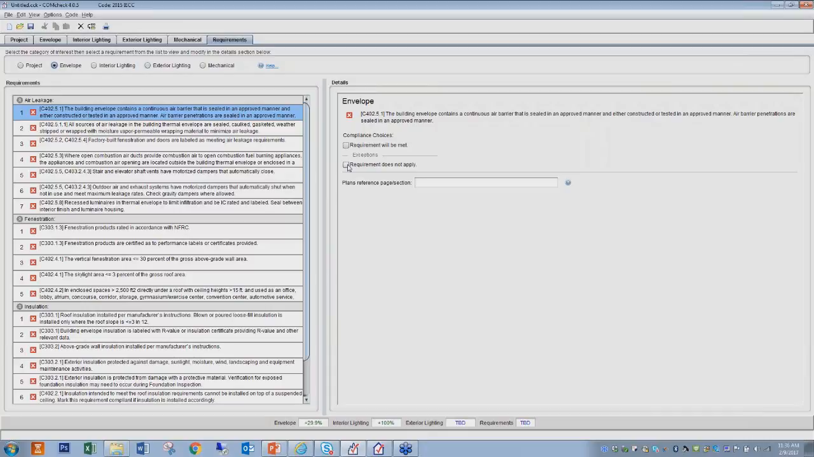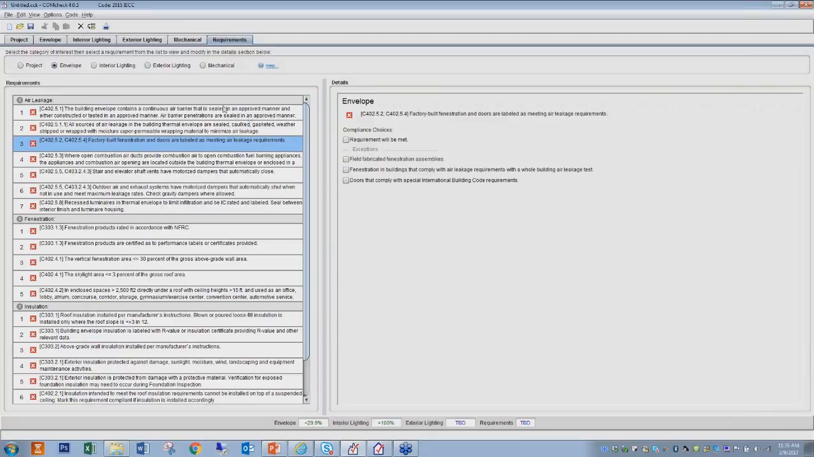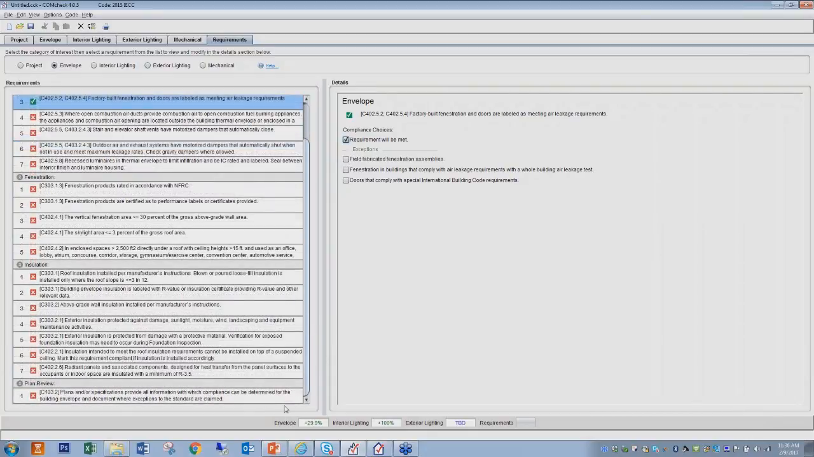Well, I don't know if it would not apply, but there could be some reason why it wouldn't apply, but we won't go into that. So then, go through each one of these, click whether it's going to be met, whether you have some exception. Each one of those should be gone through before you create that compliance report. And it'll actually start this little bar down at the very bottom,